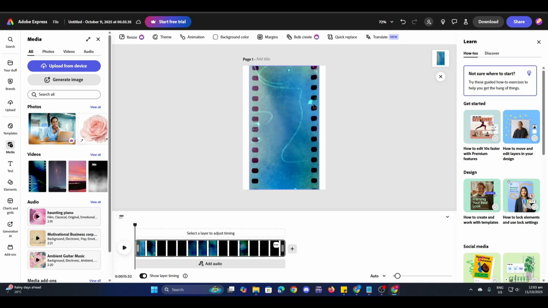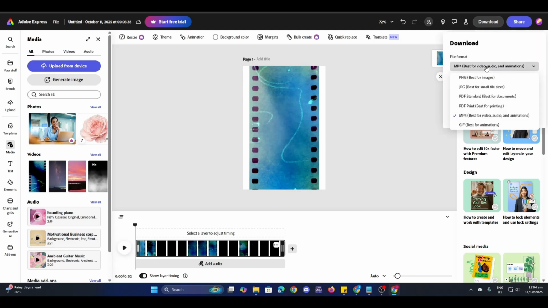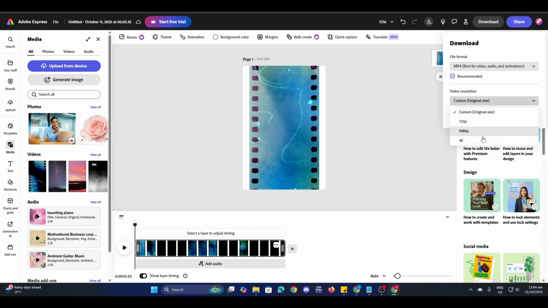So in order for you to download this, you can just make sure that you're finished editing it, and then you can just click on download here at the top right. Then make sure your file format is MP4, and then choose your video resolution here. So this I'm going to choose 720, and then you can just click on